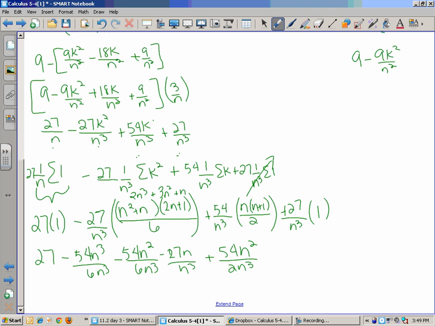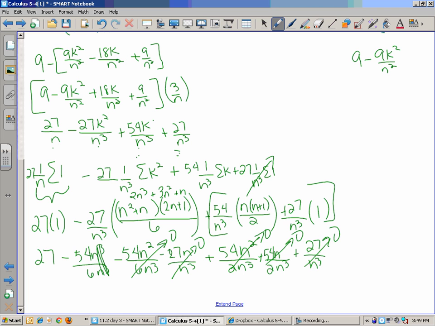Because I let n go to infinity. Remember, I'm always going to be letting n go to infinity. And if we remember our pre-calc, if the denominator is larger than the numerator in terms of degree, then it's going to go to 0, which, by the way, is our last two terms, which I told you up here would go away. Gone, gone. So I'm going to end up with 27 minus 9,